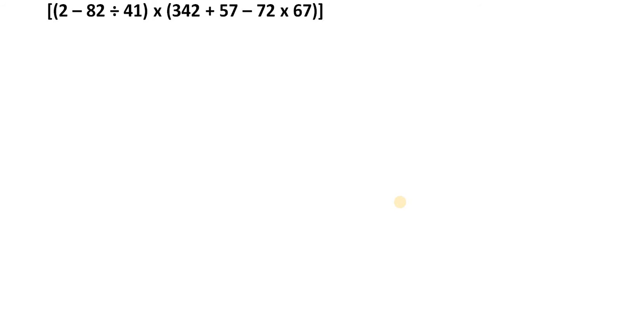We are now going into the third part of simplification of arithmetic expressions. We were doing some sums on simplifying nested arithmetic expressions. We have done some sums in the previous video. Now in the next one, we are going to solve some more simple nested arithmetic expressions. The first one is here. So how are we going to do it?